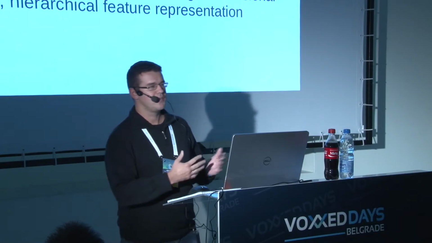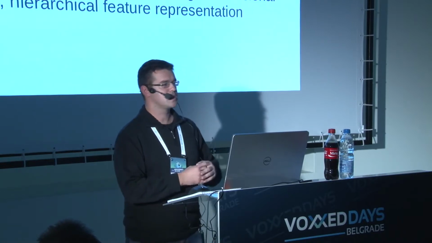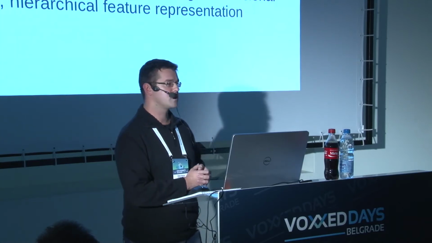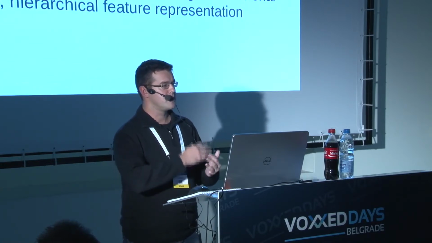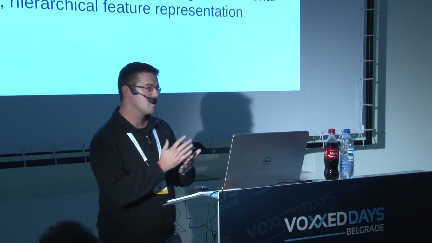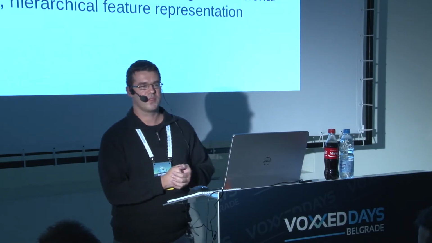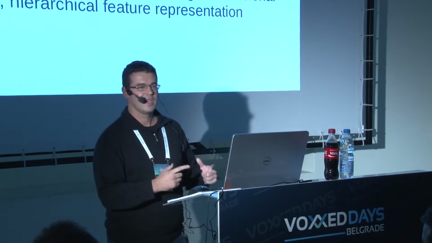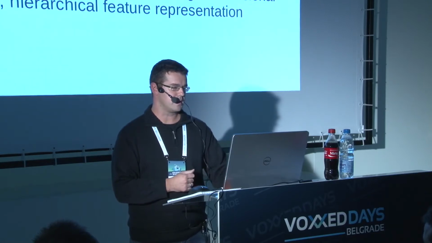Because for classification problems, you have support vector machines, which are pretty good, but when you come down to image recognition, which has a huge number of inputs, since you are using color information as input, neural networks are much better. Another new thing is that people actually managed to create a hierarchical feature representation. So with convolutional networks, you can kind of guess what's going on, which is very important, because very often neural networks can be seen as a black box. It either works or it doesn't, and sometimes it's hard to guess why it's not working.